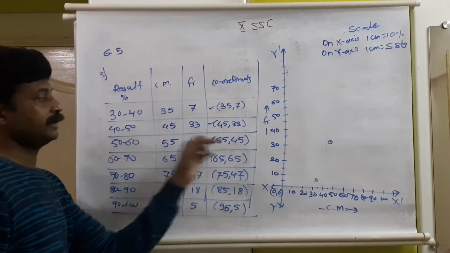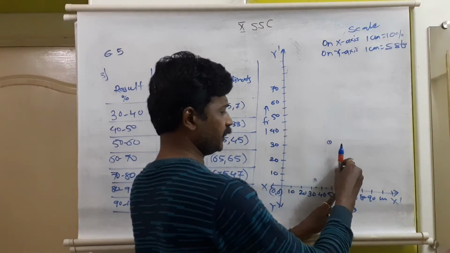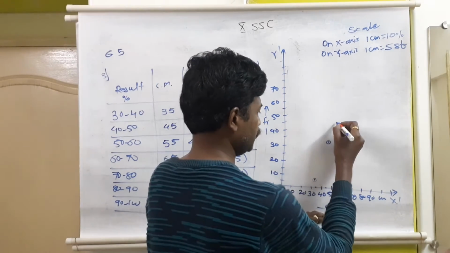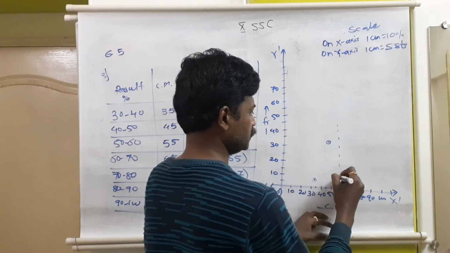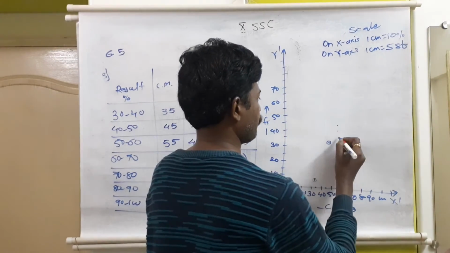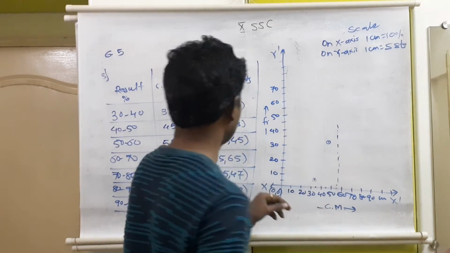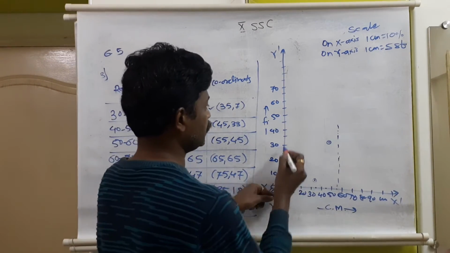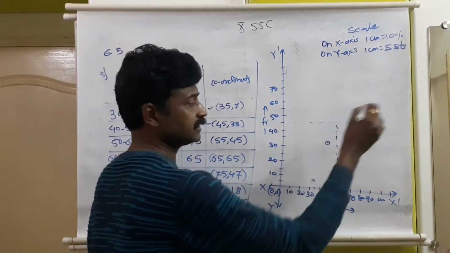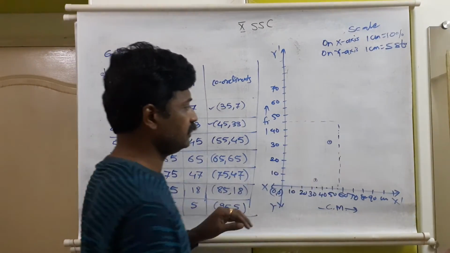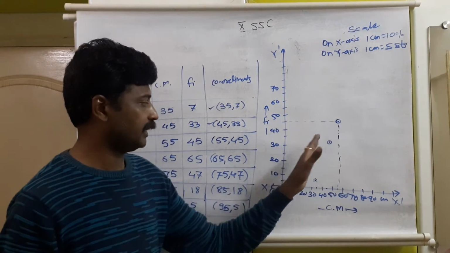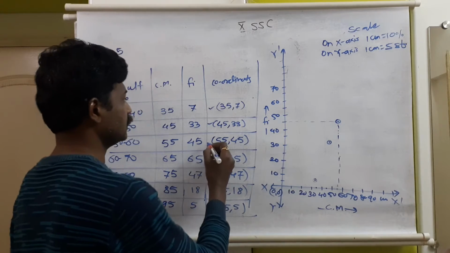Next, 55 and 45. On the x-axis, 55 is here. I will show it by a dotted line here. Suppose this is 55, and on y it is 45. Where will 45 come? This is 40, this is 50, this is 45. Where the vertical and horizontal lines meet, you can easily get the point, as it is a plane. That is why for the graph, the point will come at 55, 45. The same way for the others also. Okay, the third point is covered.